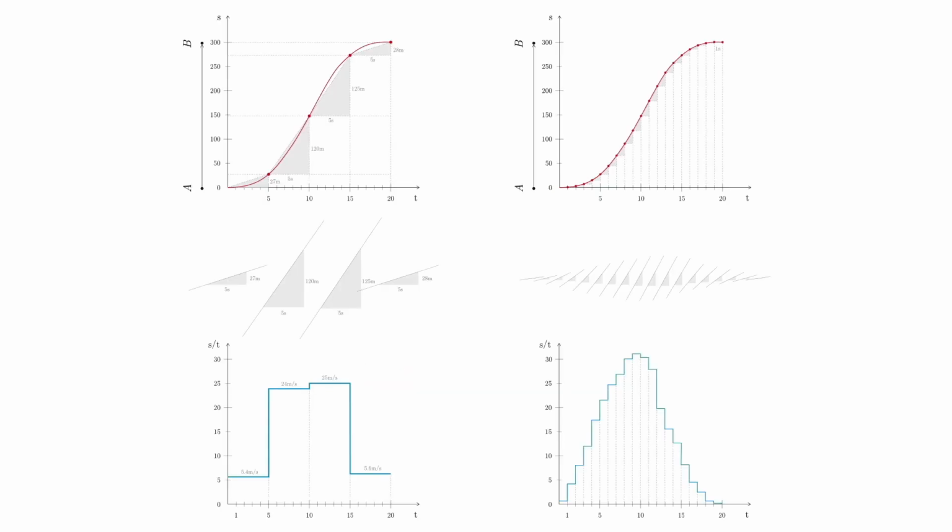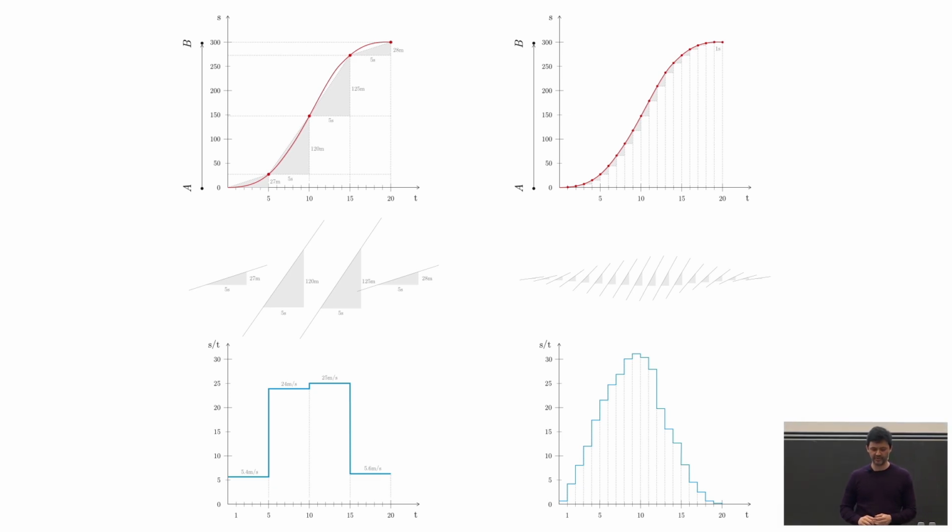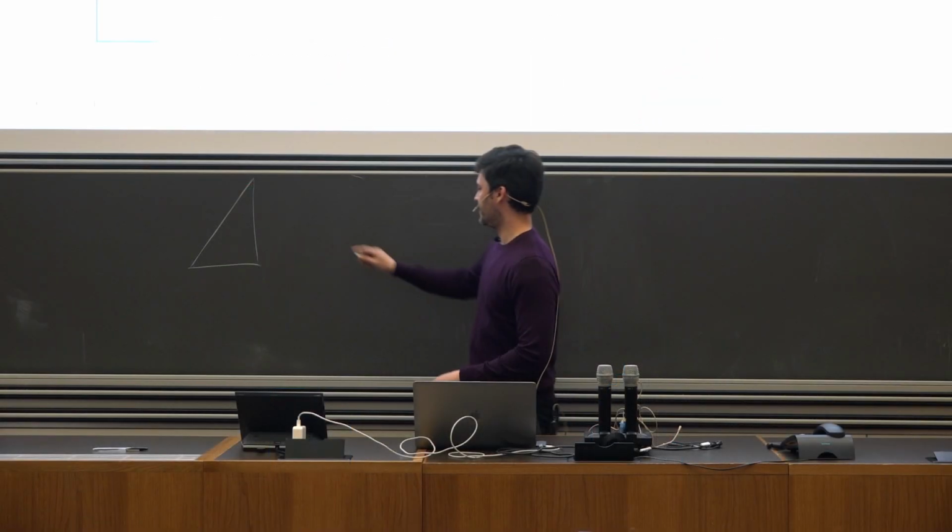What we can do is we can start subdividing our ride. For example, we can say, what happens if I don't have now only one triangle, but if I want to have more triangles? And you can see that on the left portion of the image. We subdivided the ride into 4 parts. And then we see that we have 4 triangles. And we see that these triangles kind of vary.